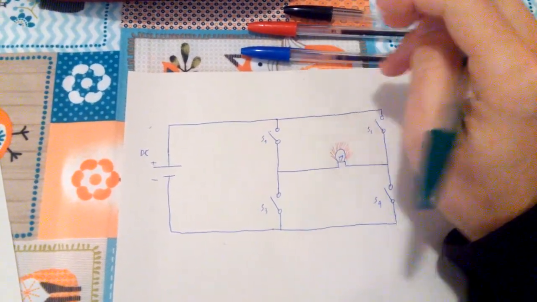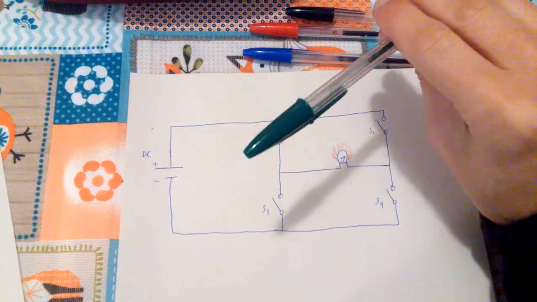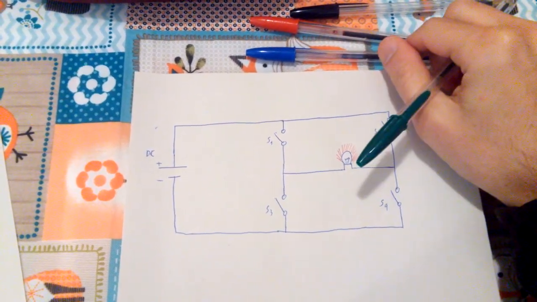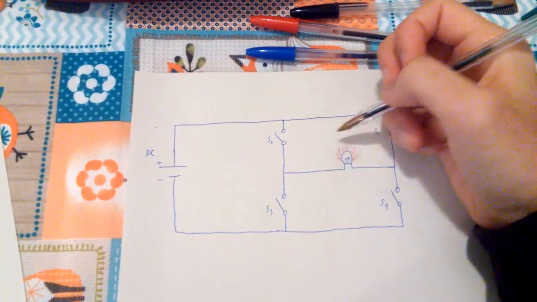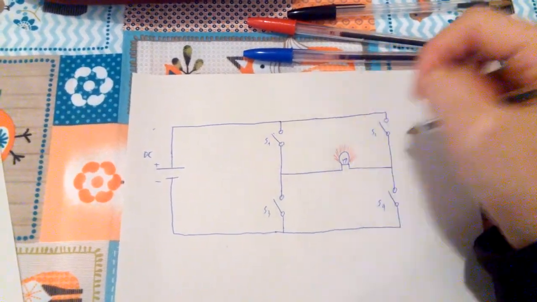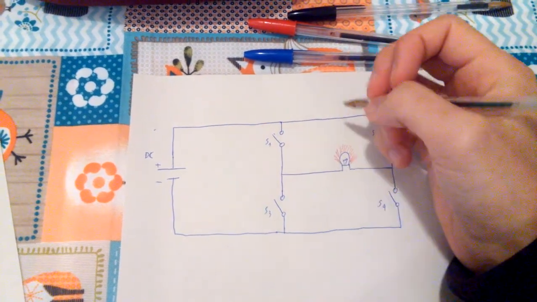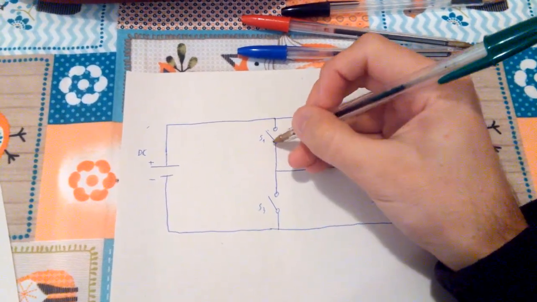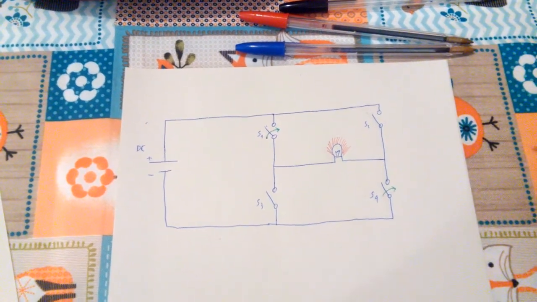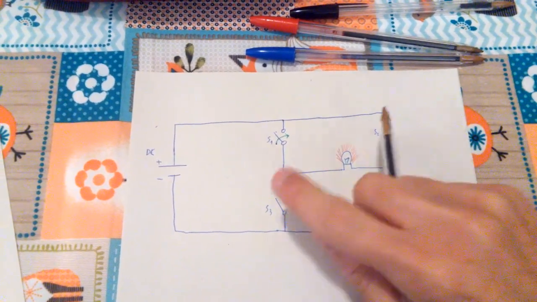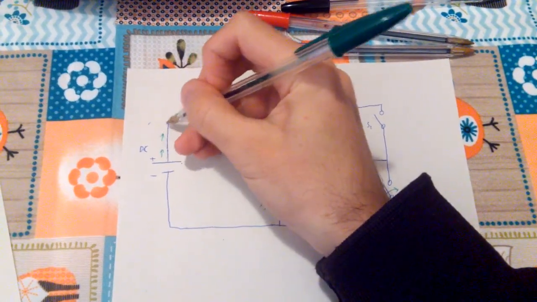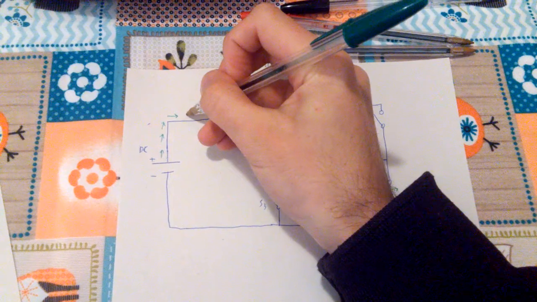So I'm gonna use two different colors, the green one and the red one, because I'm gonna show you how the current is gonna behave when I close two switches and then the other two. So let's suppose that I'm gonna close switch 1 and switch 4, and I'm gonna leave switch 2 and switch 3 open. So the current, which is flowing in this direction,